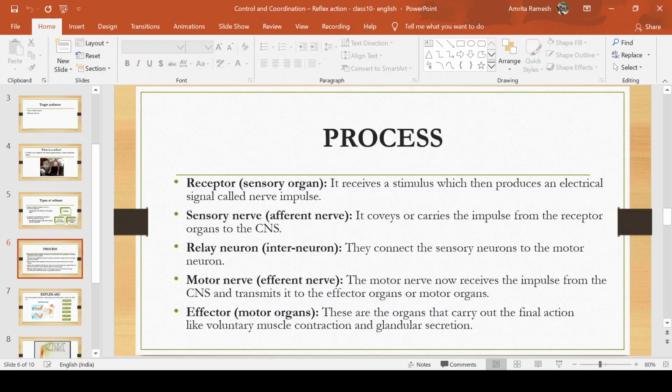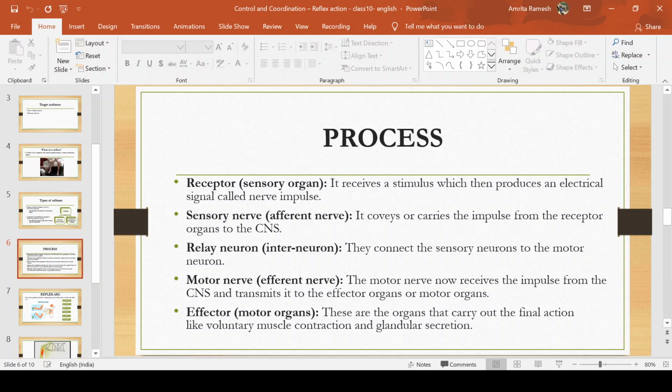Now, what are the sense organs? We know we have five different types of sense organs. Suppose you take the example of your hand or your skin. Skin has different receptors. It has thermal receptors for heat and pain receptors so that it can detect pain. Similarly, on the tongue, we have gustatory receptors, which can detect taste. In the nose, we have olfactory receptors, which can detect smell. And then the signal goes to the brain. So, those neurons which are associated with this are called sensory neurons.